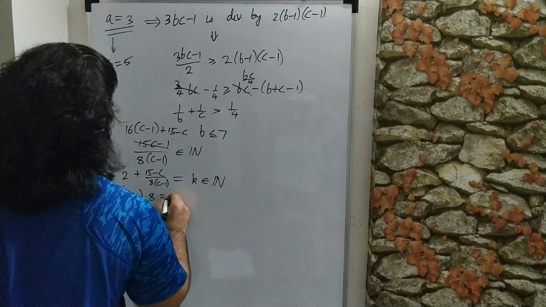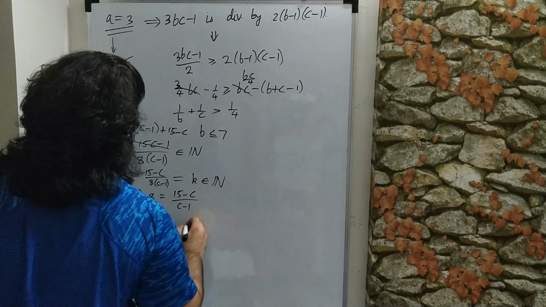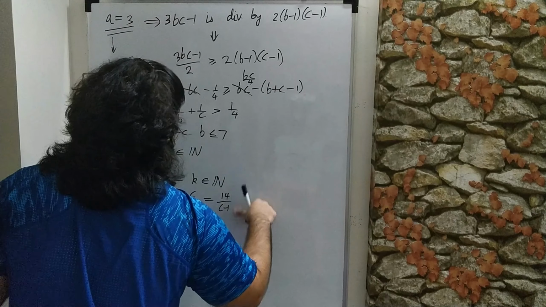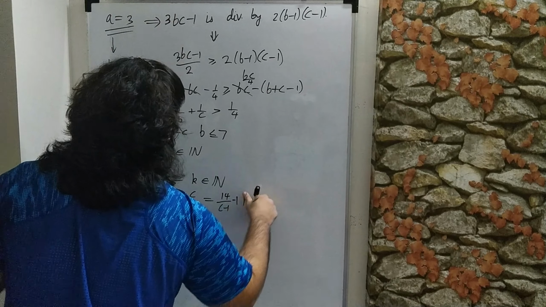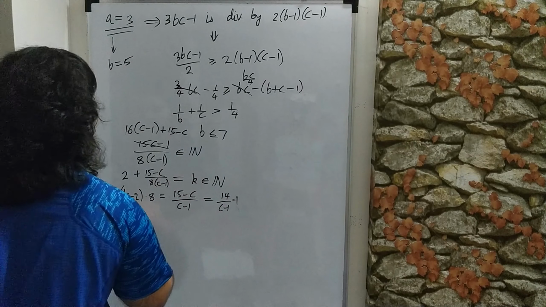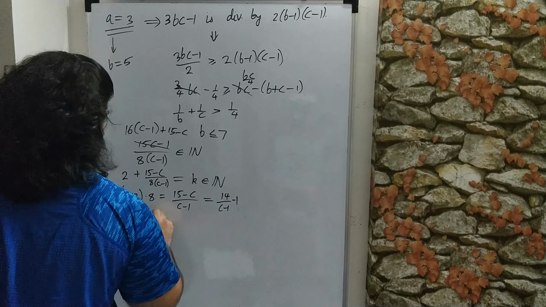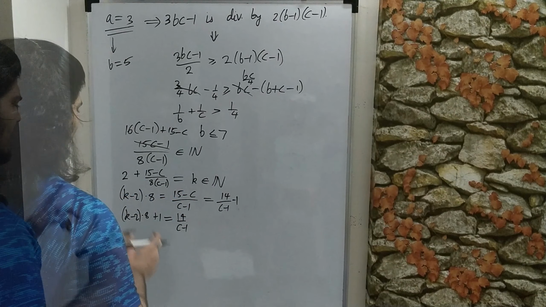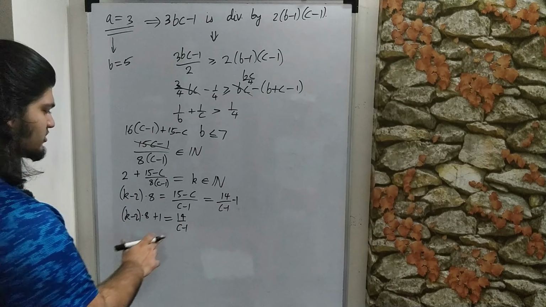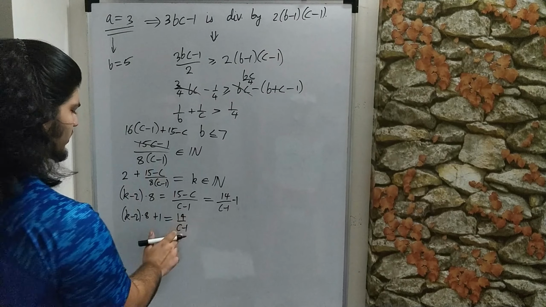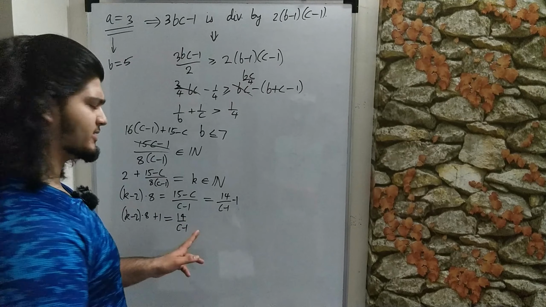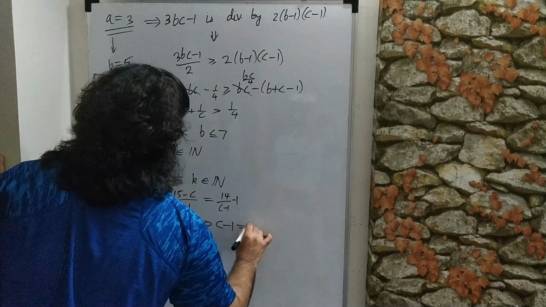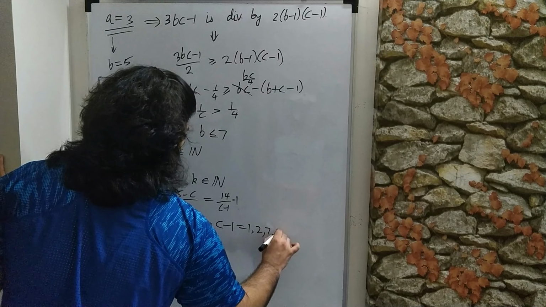So we get that (k minus 2) times 8 is equal to (15 minus c) over (c minus 1), and we can also write this as 14 over (c minus 1) minus 1. So now if we move the minus 1 to the other side, we get (k minus 2) times 8 plus 1 is equal to 14 over (c minus 1). And now notice that the LHS of course is an integer, so this also must be an integer. So what must c minus 1 be equal to so that this is an integer? Well, it must be a factor of 14,